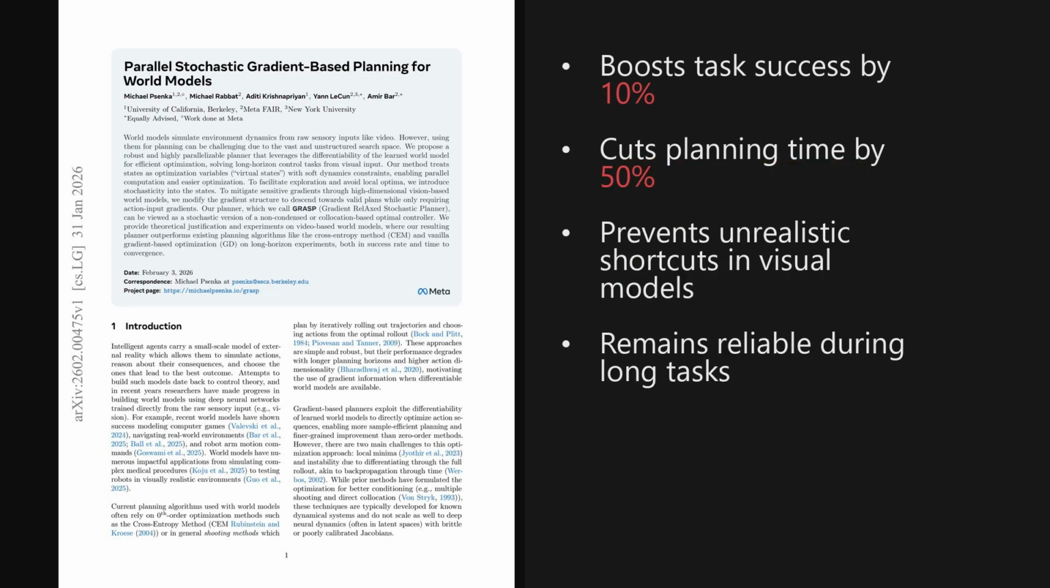I'm Alex. Today, we're looking at a paper trending on X published on January 31st, 2026, just about a week ago. It introduces a robust new planner called GRASP that achieves up to a 10% increase in success rates on long-horizon visual tasks, while using less than half the compute time of standard methods. The paper is titled Parallel Stochastic Gradient-Based Planning for World Models. And as we'll see later, the visualizations of the loss landscape are quite revealing about why traditional methods often fail